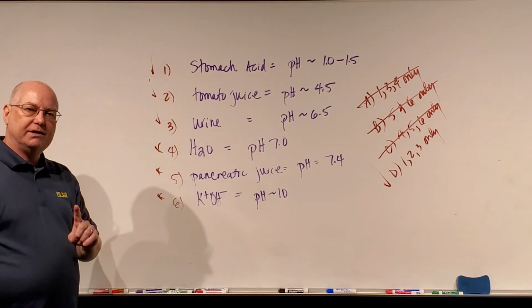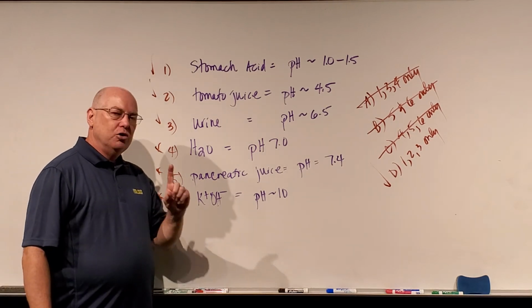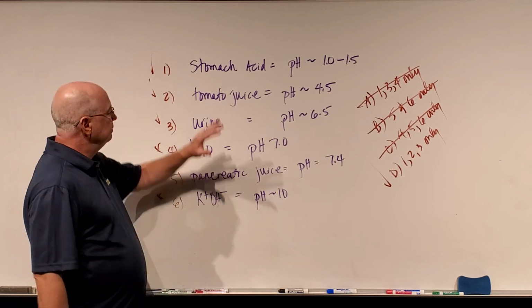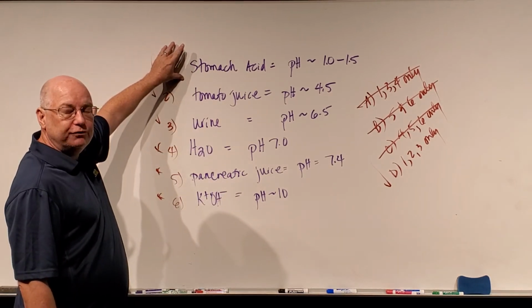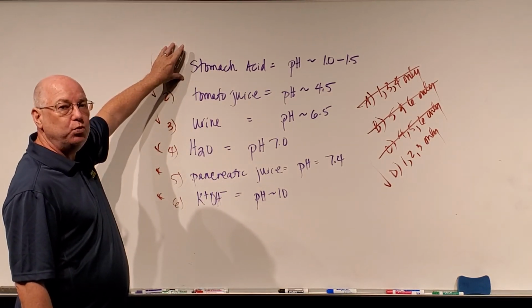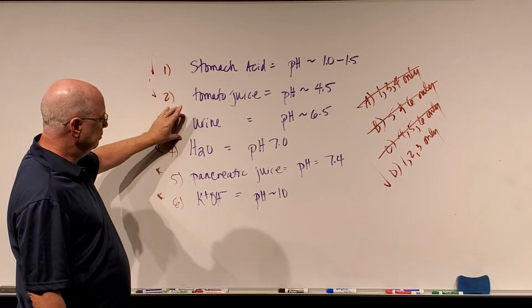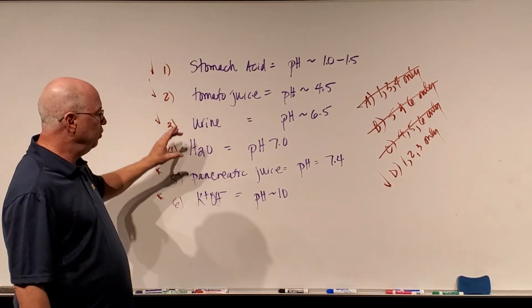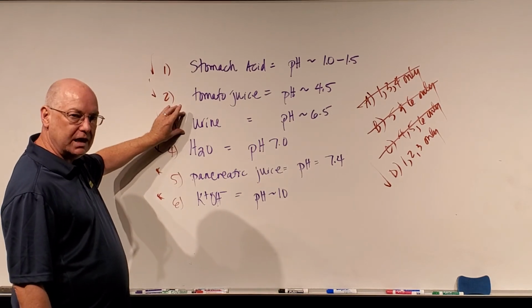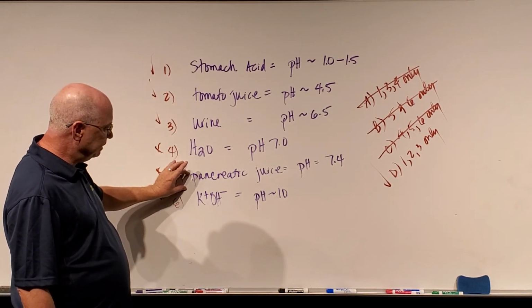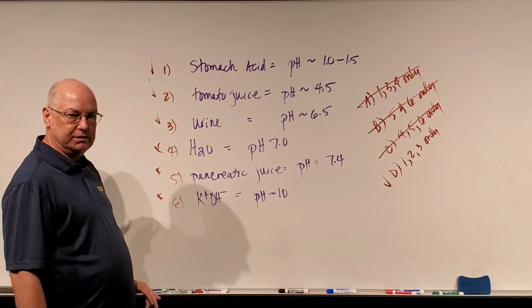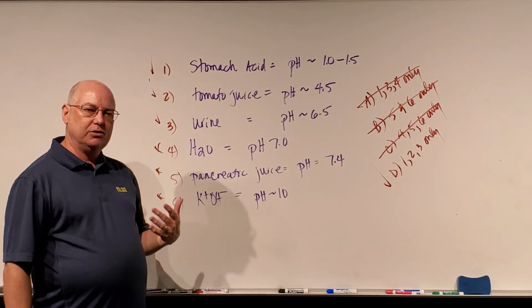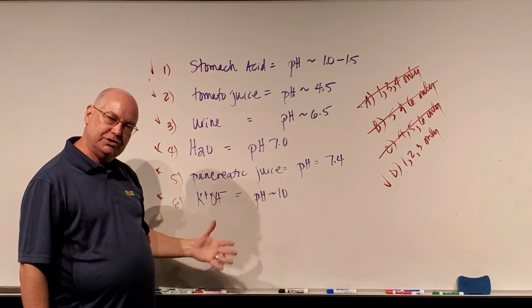Okay. What if I asked this question on an exam? Which of the following substances is the strongest acid? Which of the following substances is the weakest acid? Urine. These are not acids, so don't be fooled by the wording. This is the weakest acid. This is the weakest base. This is the strongest base. I hope you understand the way that I could word the questions and help you try to understand the concepts